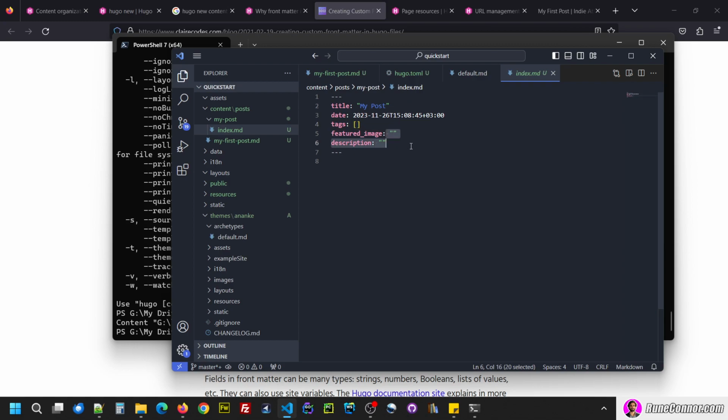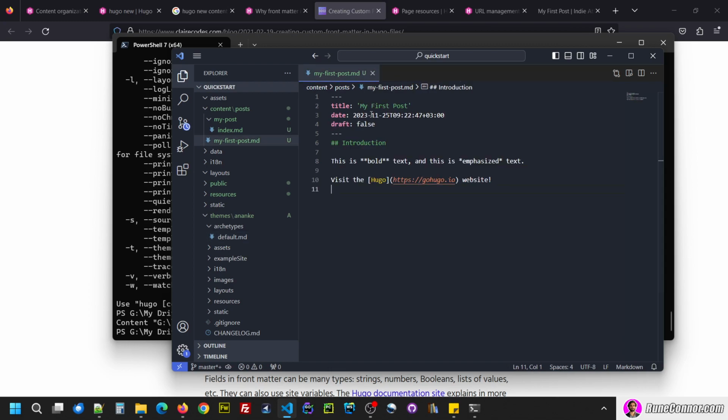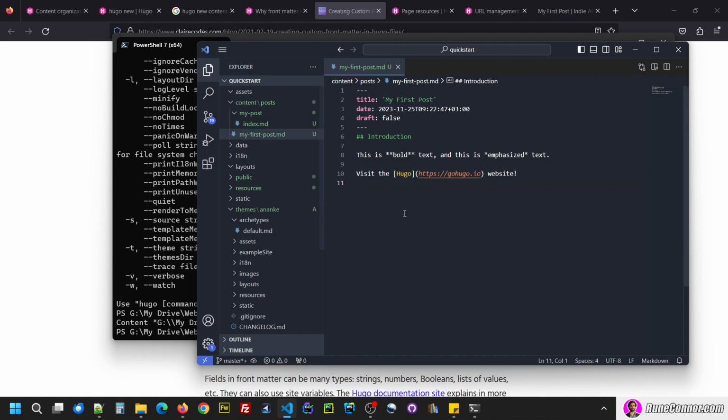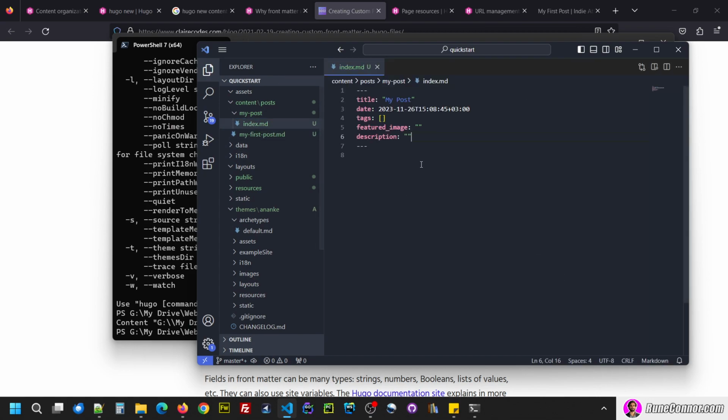No tags, no featured image, no description. Nice. So this is what Hugo generated as my post. I'm just gonna type my post here and hello, this is my